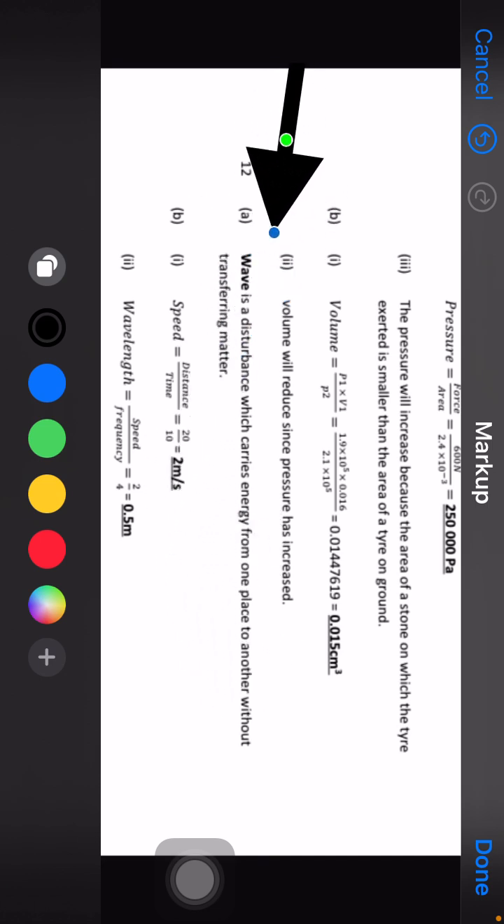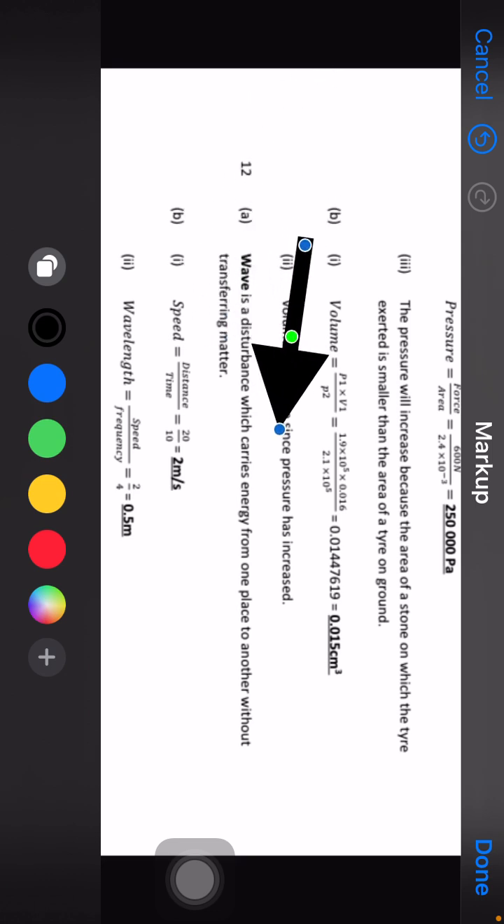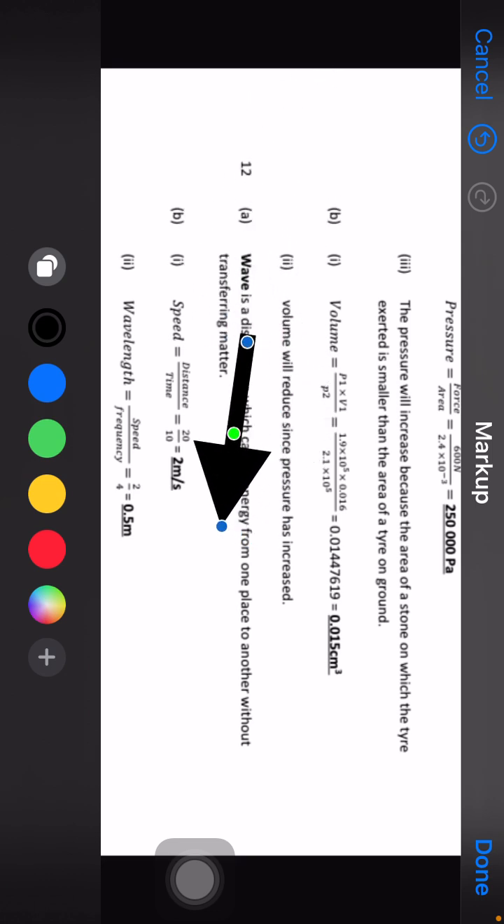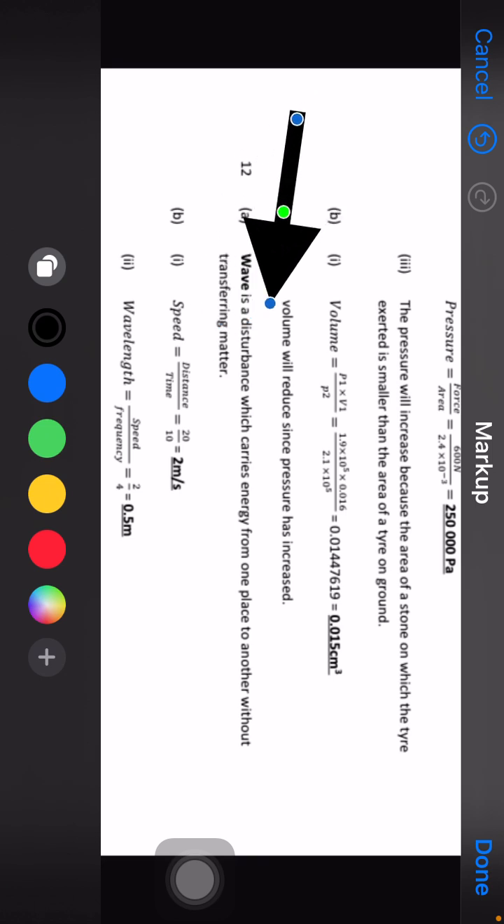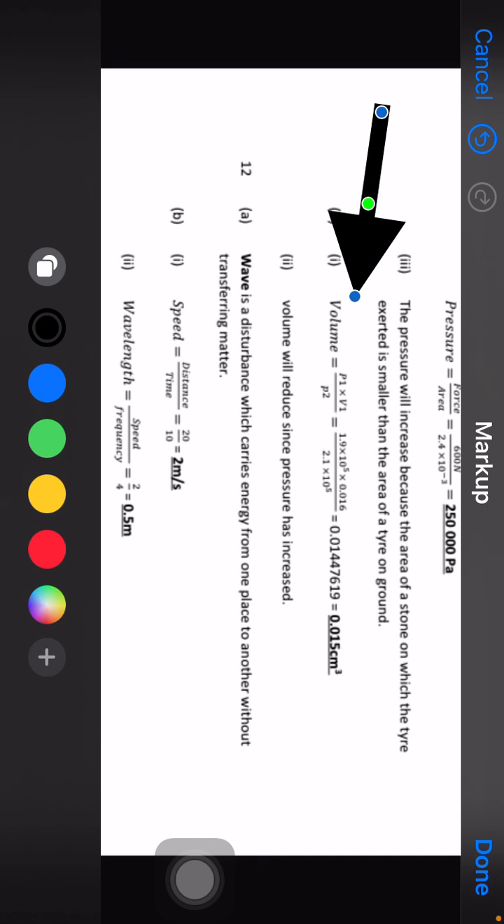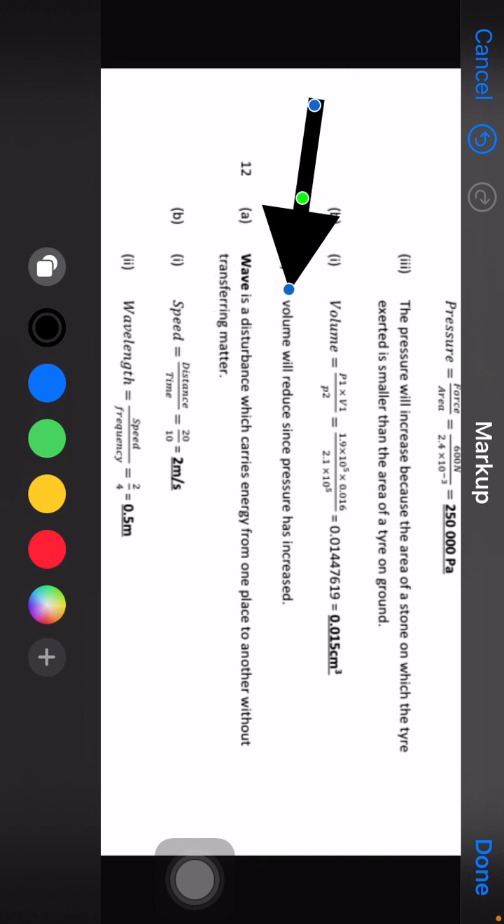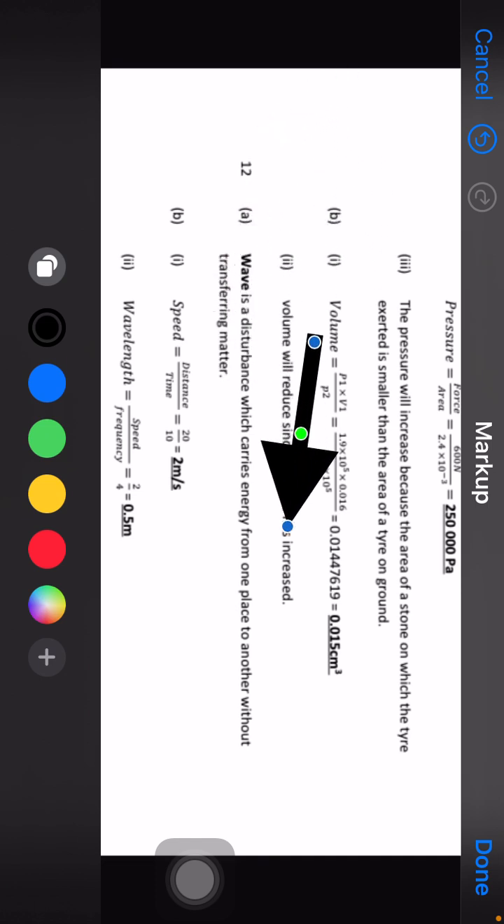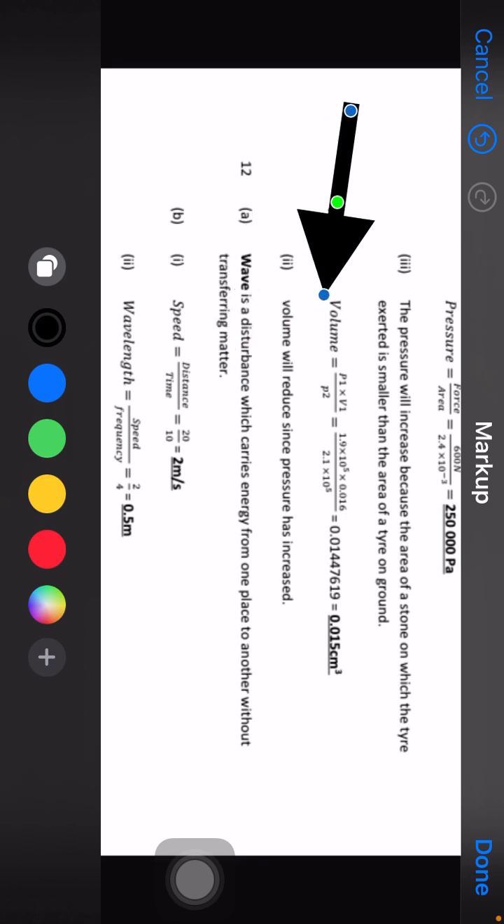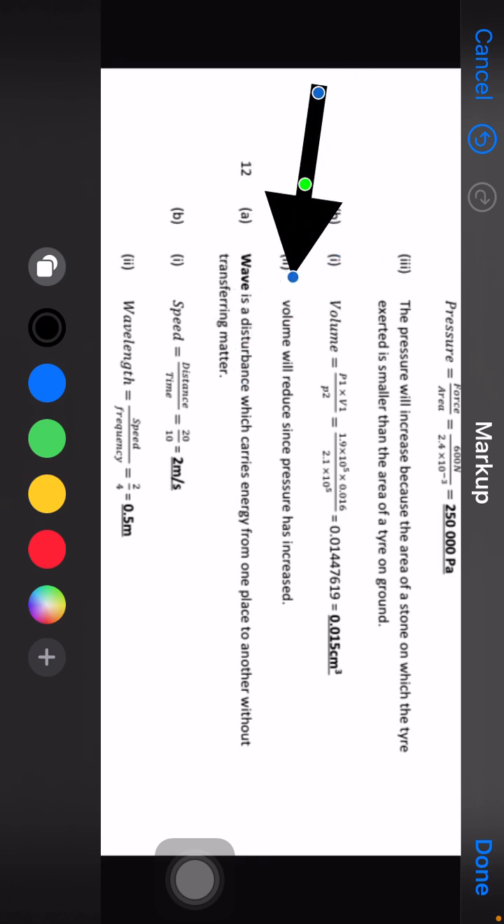One assumption you can make is that volume will reduce since pressure has increased. So this is also a law of pressure. It simply says that volume is inversely proportional to pressure. This means that, for example, pressure increases when the number